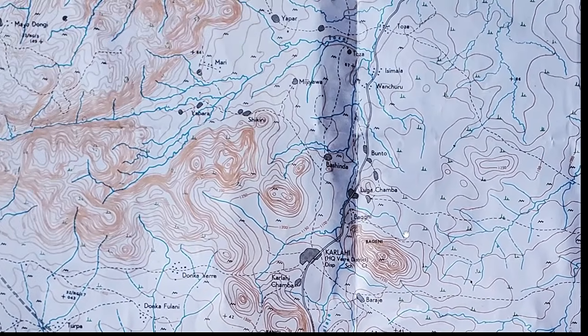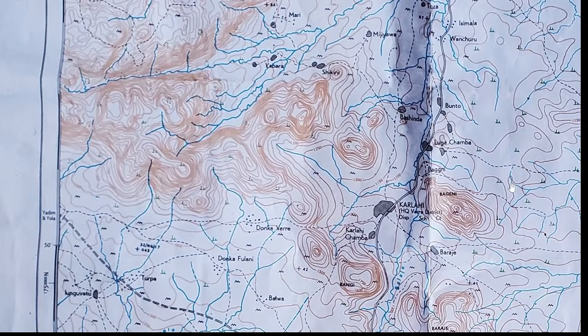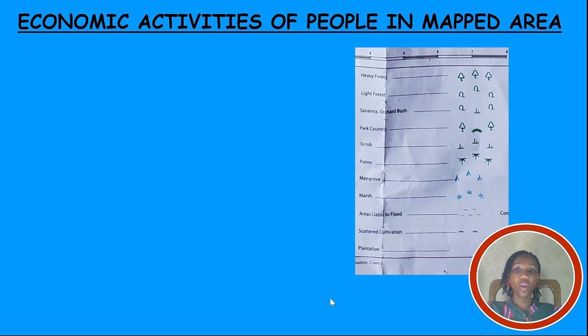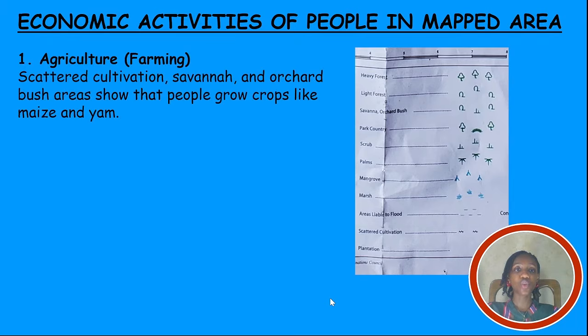Okay, now let's try to make inference from all this evidence that we've gotten. After looking at the map, let's infer the activities that people living in this area will engage in. For one, agriculture or farming. Scattered cultivation, savanna and orchard bush areas show that people grow crops like maize and yam. So now farming would likely be the main occupation of people in this mapped area